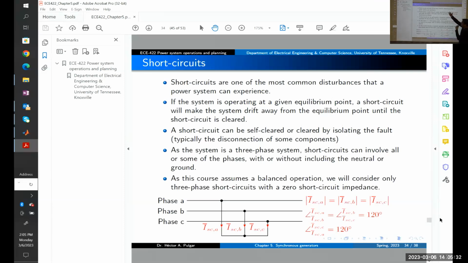Now we're going to add a little bit more information and practical description of the dynamics, and we're going to talk about disturbances. What can make the power system deviate from the equilibrium point? And we are going to have different disturbances. One can be changes in the load. Yes? Sorry, but talking about before about the generator taking on a motor behavior when power becomes negative, is there any